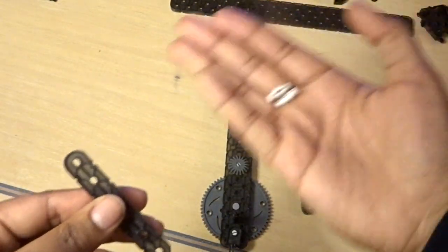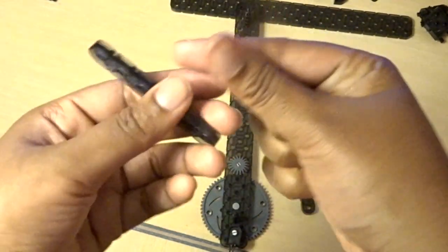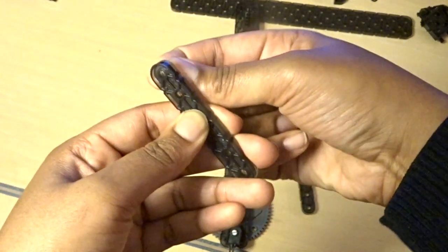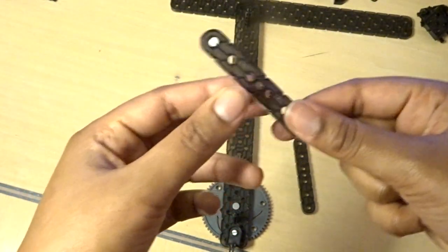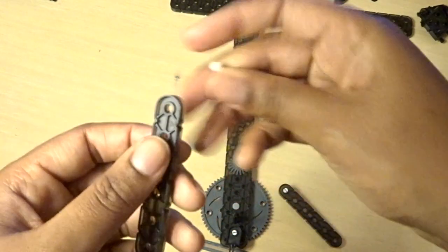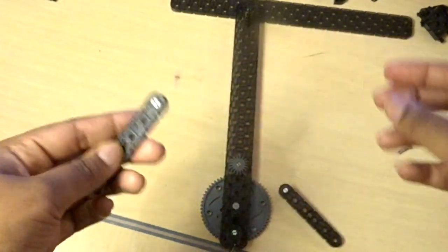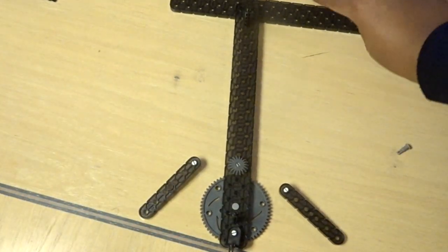I'm going to grab 2 white connector pins, and we're going to put one in the back side of the 1x6 beam. One in the back side. Let's sit that there on the right, and then grab your second one and put at the top hole one in the back side on this. So sit that on the left side. Okay. Then grab